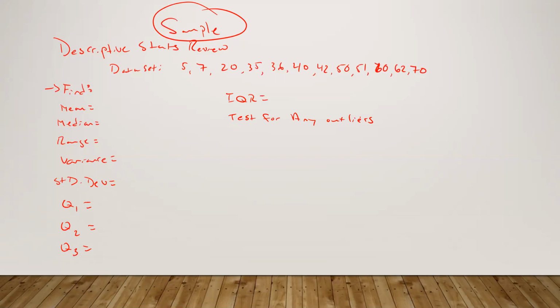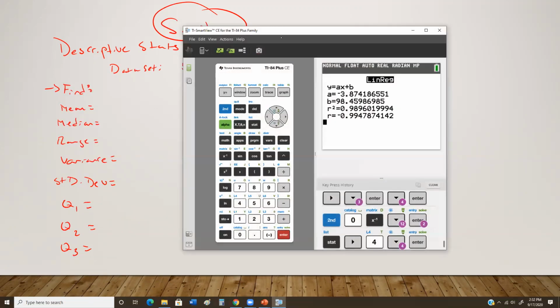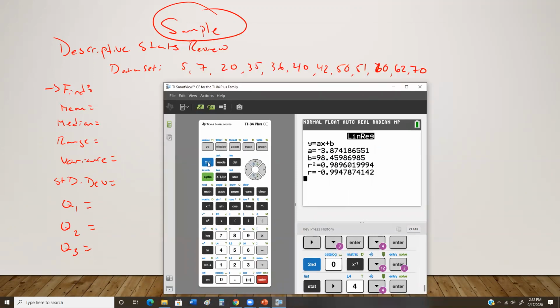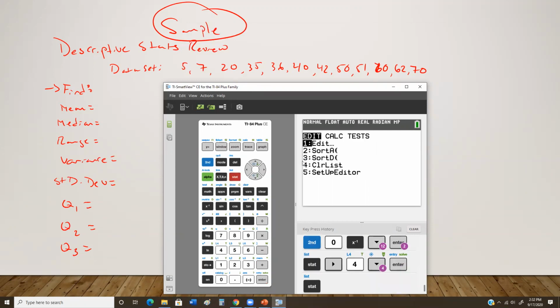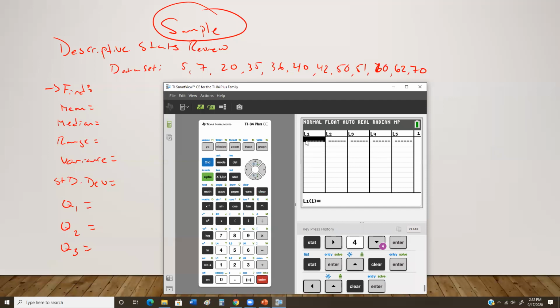All right, so the good news is your calculator does like 80% of this work for you. So I'm going to take my calculator right here. What I have to do is take this data and plug it into my calculator. I'm going to press my stat button. Under number 1, I want to edit the list. I'm just going to clear out both lists, but you don't have to. You can just clear out L1, and you're going to put the data in: 5, 7, 20,